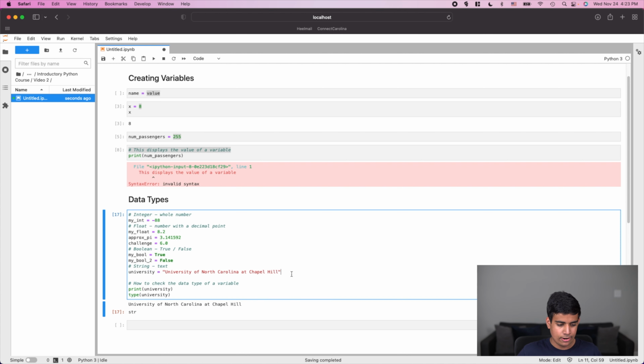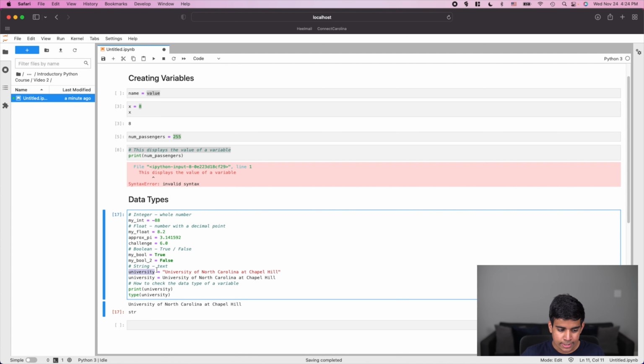Now, let's compare these two lines. University equals University of North Carolina at Chapel Hill, with quotes and without quotes. The reason we need quotes is because if we remove the quotes, then it's essentially counting every single one of these words as separate variables. Because if I say university equals UNC or University of North Carolina at Chapel Hill, I can then refer to my variable just like this inside of any function or anywhere else in my code using this